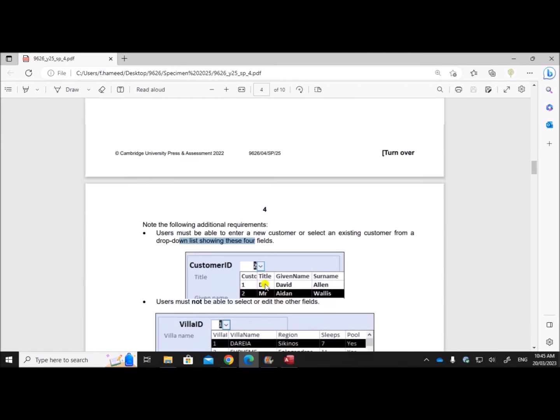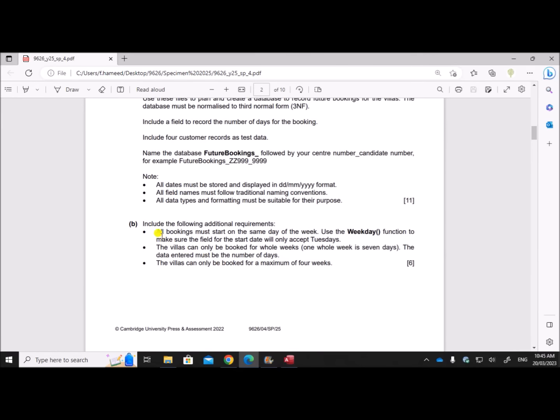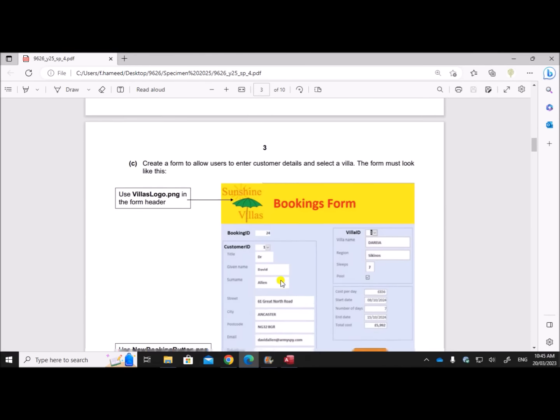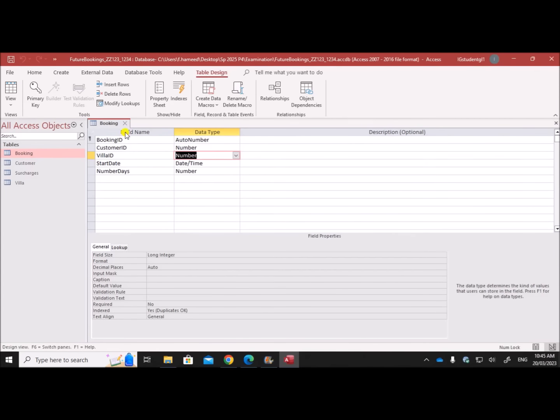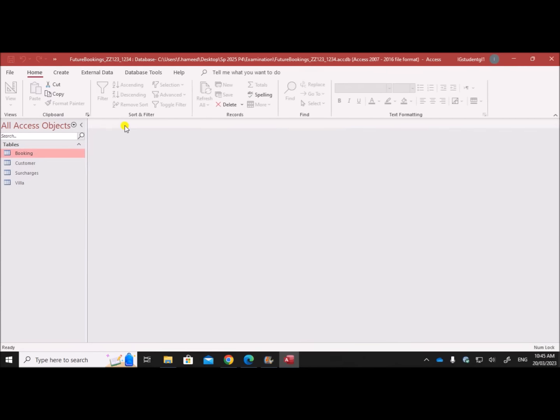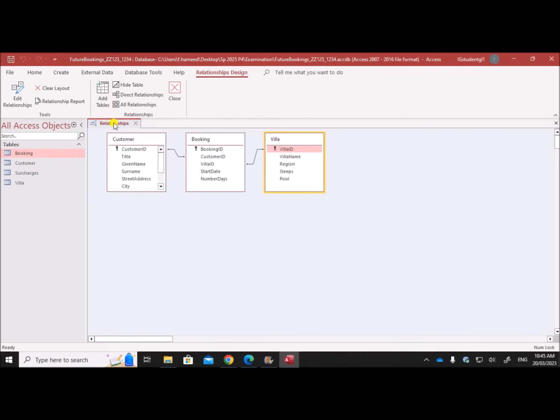So these settings have been done, and we have already given the validation rules. Save the table. Now let's see the relationship. Go to database tools, relationships. Now you can see